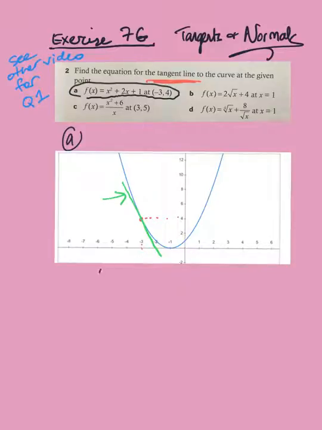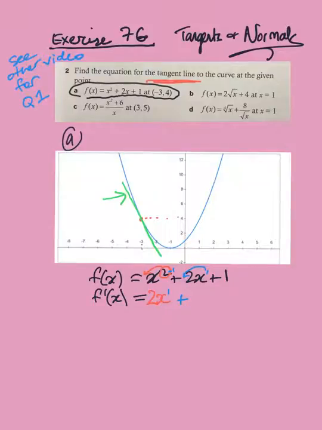So let's write the equation first. y is equal to x squared plus 2x plus 1. Now to find the gradient function, I'm going to differentiate that. So remember, take the power to the front, so 2, and then x, and then make this power minus 1, so that becomes 1, plus take the power to the front, 2 times 1 is 2, and take this power minus 1 is x to the power of 0, x to the power of 0 is equal to 1, so